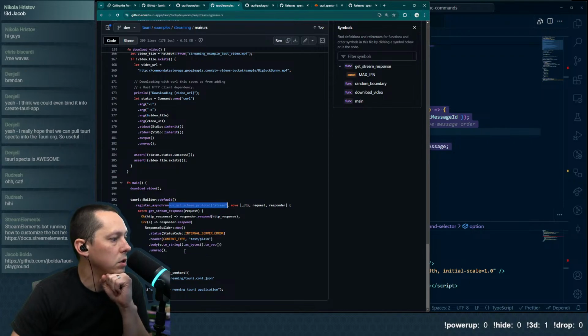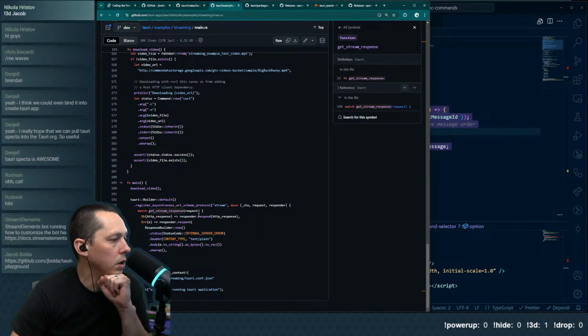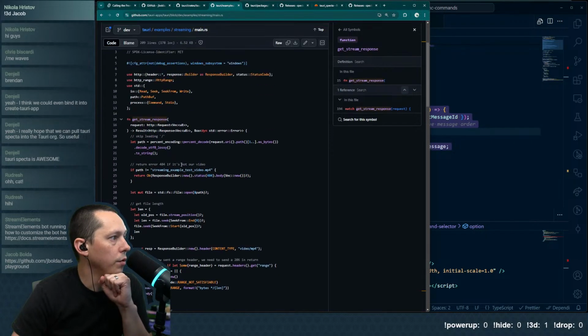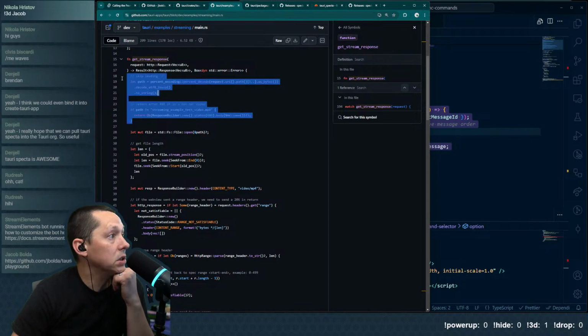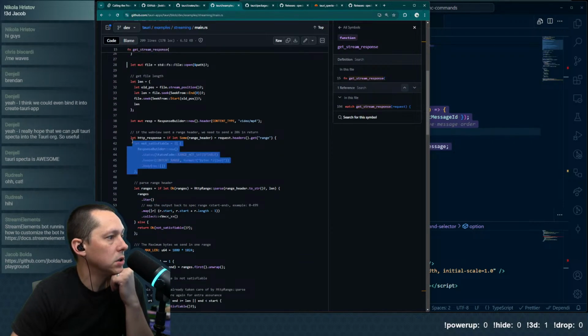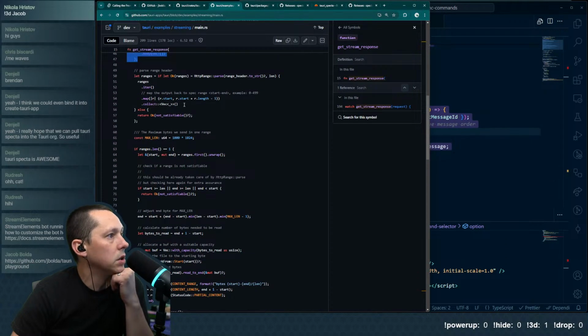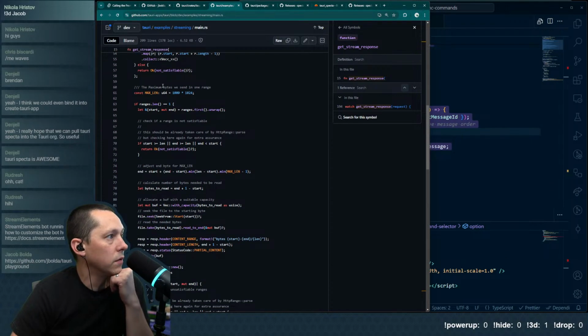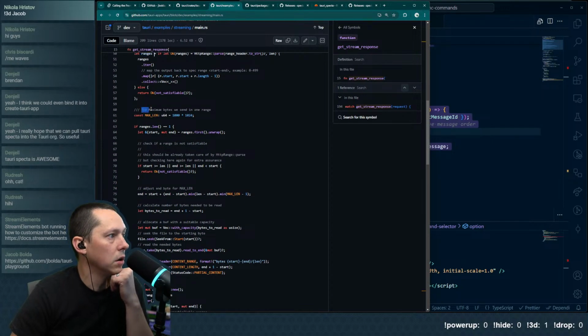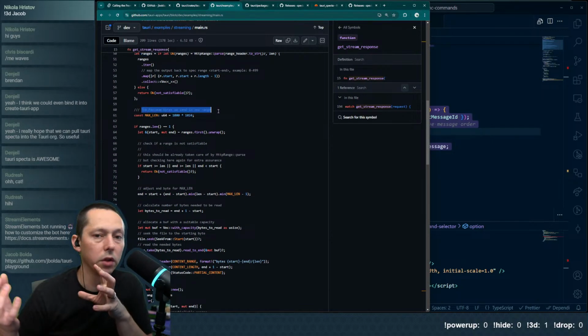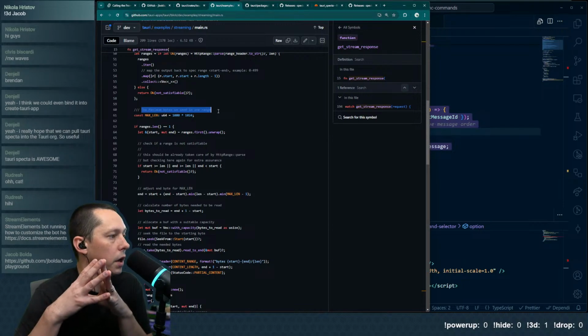So there's a custom URI scheme. It is responding. It is calling the get stream response. So we're going through here. And what this is doing, this one is actually doing a call. So it's doing a file system thing. It does an HTTP response, and then it downloads like a video, and we get it in ranges. So ranges is like an array of bytes representing that file.